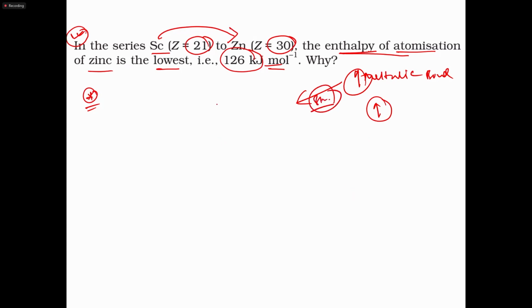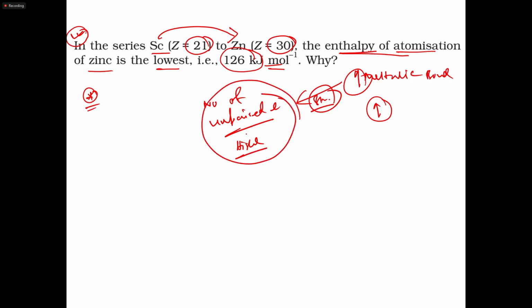The metallic bond is more stronger when the number of unpaired electrons is higher in these d block elements. Whichever element has the higher number of unpaired electrons, in that case the metallic bond will be more stronger, and the enthalpy of atomization value will be higher. But here, if you see, for zinc,